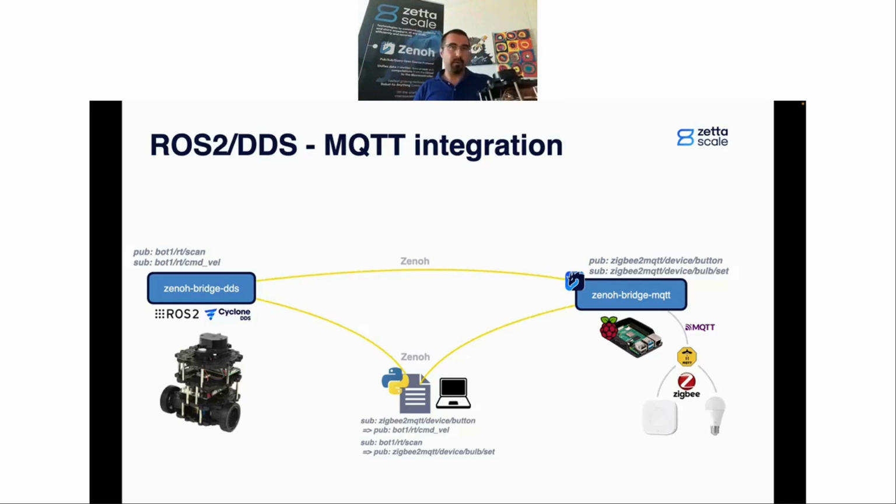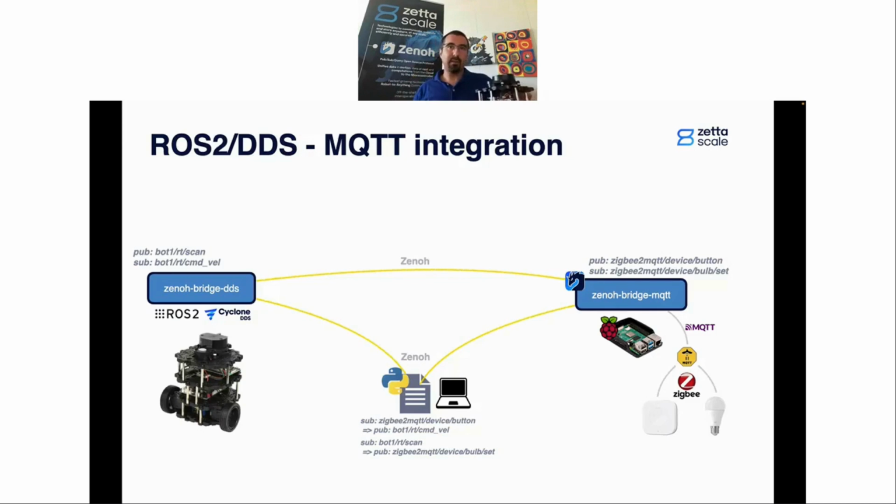And for the other demonstration, it will be with this lamp. So on the script, same script, we also have a subscription to the publication of the LiDAR information. So that's published on a topic on DDS named bot1/rt/scan. And the script gets all this LiDAR information. So LiDAR is this small spinning wheel on the top of the robot, which measures the distance between the robot and an obstacle. The script will select the front angle of the LiDAR, will compute an average distance,